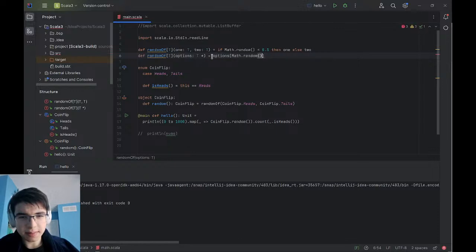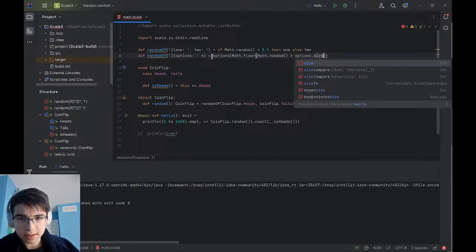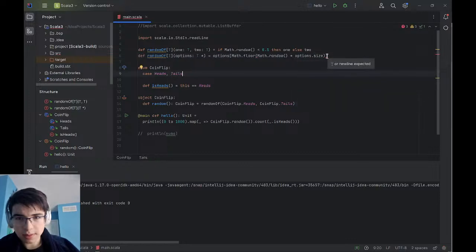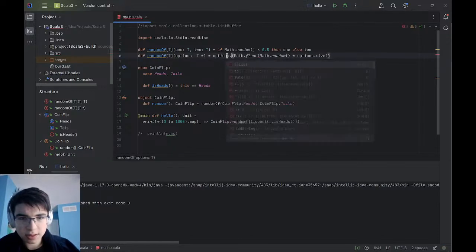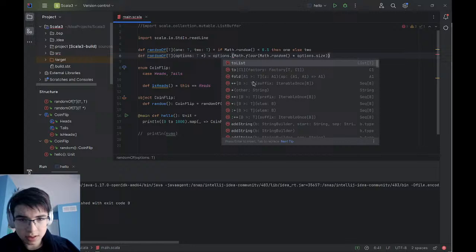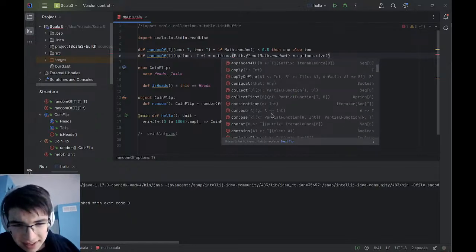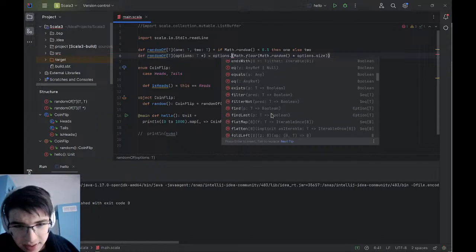You would do options at math.random, classic random times options.size. Okay, but it doesn't like these. So maybe it's dot get or something. Okay, so what is this? I mean, what is that? Dot at or